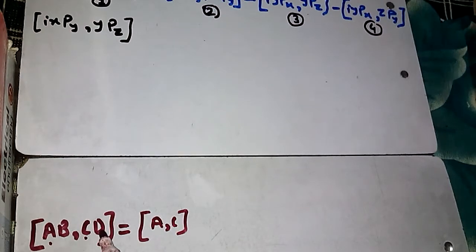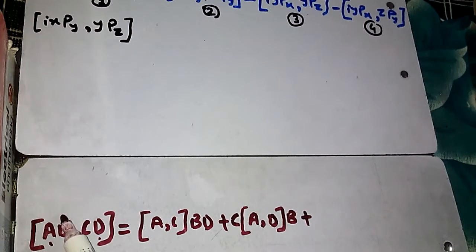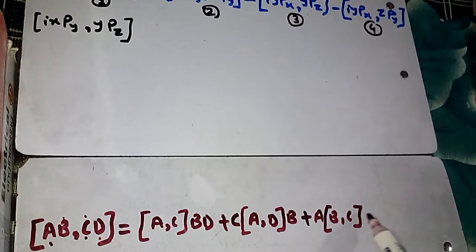then B and D will come outside, and first B will come and then D will come, plus commutation of A and D, and now B, C will come out, so B will come to the right but C will come to the left, because C is towards the left of D, so C comes to the left, plus now commutation of B and C, and then A and D will come outside, A to the left side and D to the right side, plus commutation of B and D,